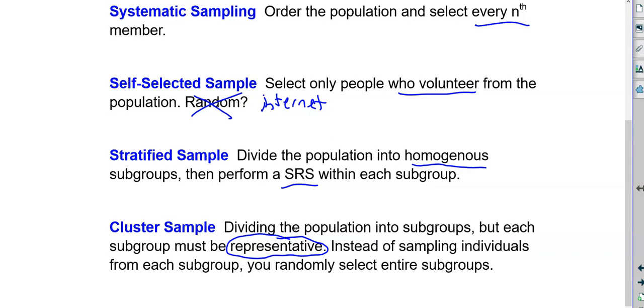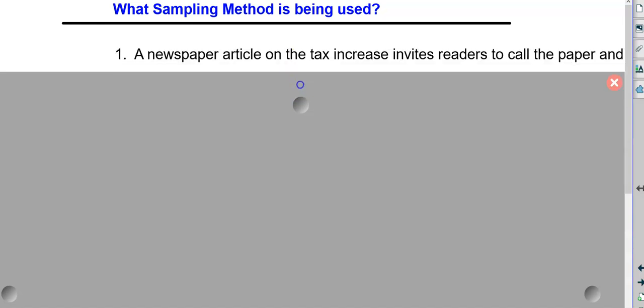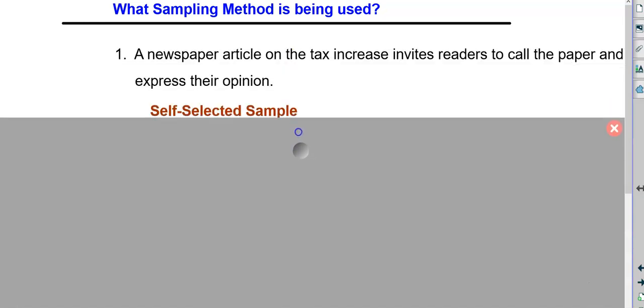But let's just say you did zip codes. In that case, you would randomly choose some zip codes and survey everyone in that zip code. So it becomes a census inside of that group. It's different than a stratified. In stratified, you break it into groups and you do a simple random sample in each group. Here, you're trying to find maybe one or two groups that are representative and do a full census and interview everyone in that group. So it's a little different in the way it breaks down. Those are 3 basic sampling methods overall.